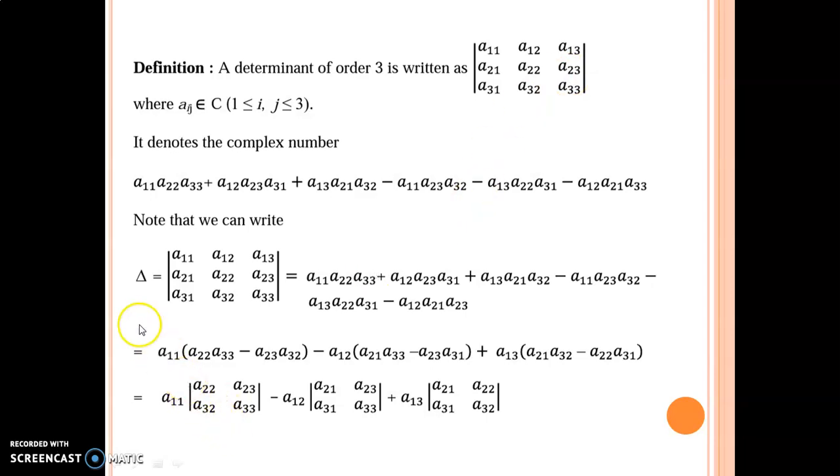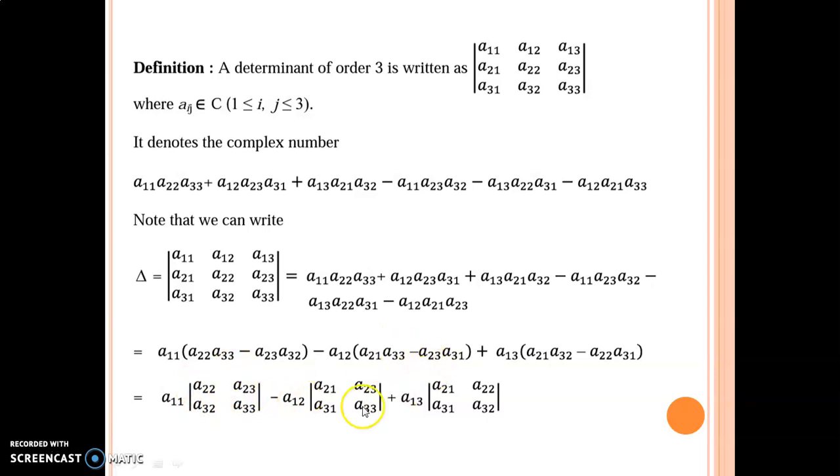Here, the determinant is denoted by delta, and solving a determinant is also known as expansion. So while expanding this determinant, we'll start by writing from the first row A11 entry, then leaving the entries in the first row and in the first column, we'll move to the subdeterminant, that is A22 entry, A23, A32 and A33. Again, as previously done, we can solve a 2 cross 2 determinant here.